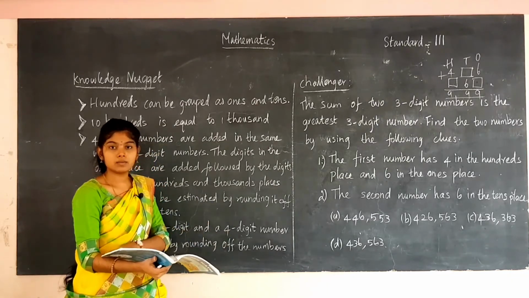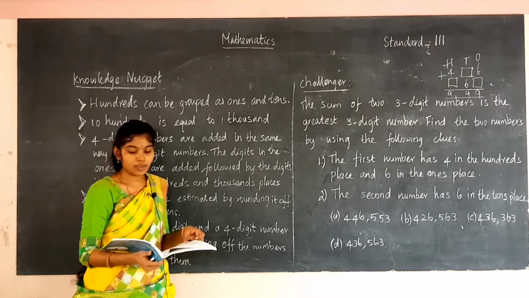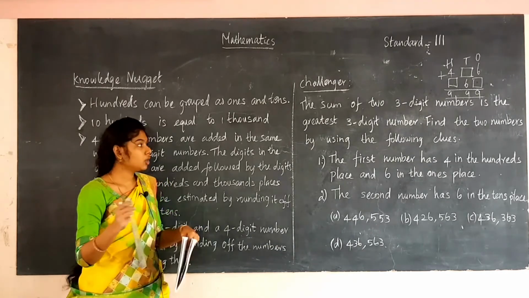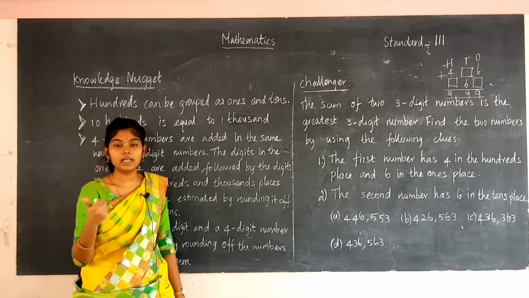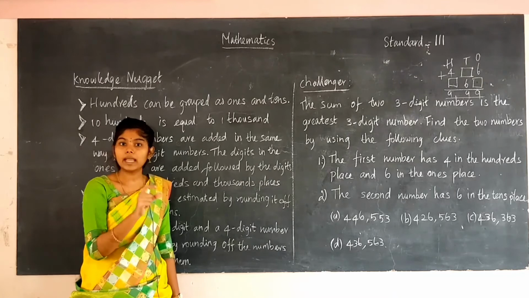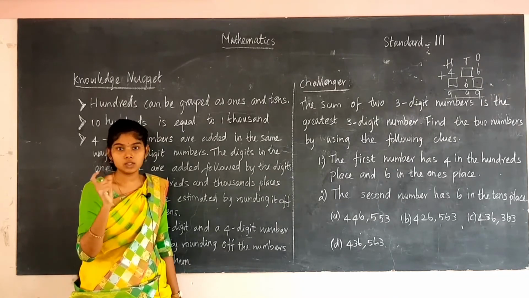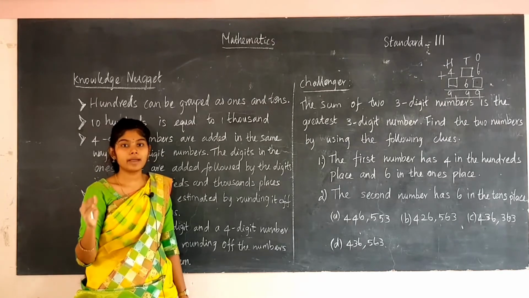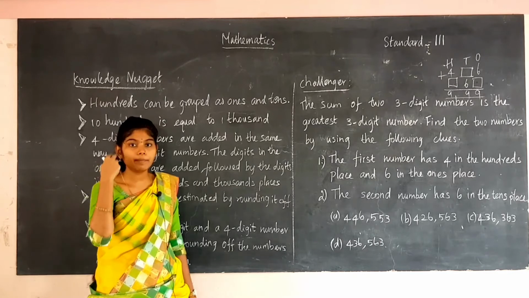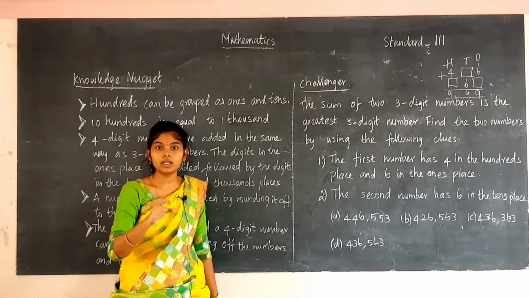Here mental maths means we are using a tricky, easy way of addition. So you have to know some friendly numbers. What are the friendly numbers? If we add 10 plus 10, you get 20. While we can count by fingers also, mental maths means you have to calculate just by adding in the mind itself. So 10 plus 10 is 20, 20 plus 10 is 30.